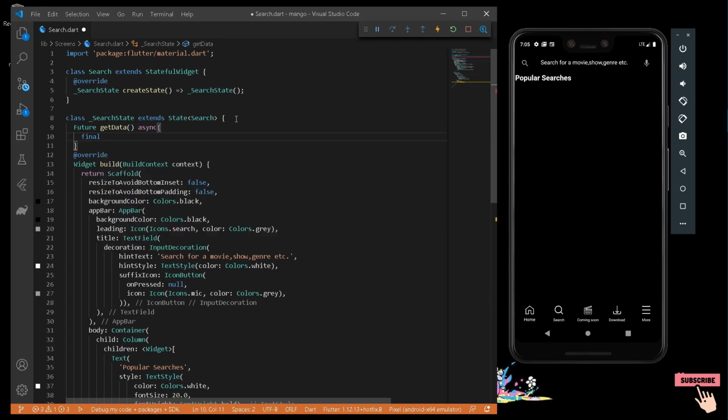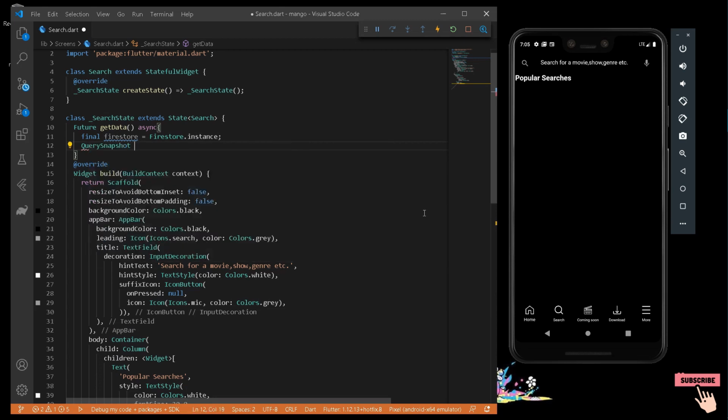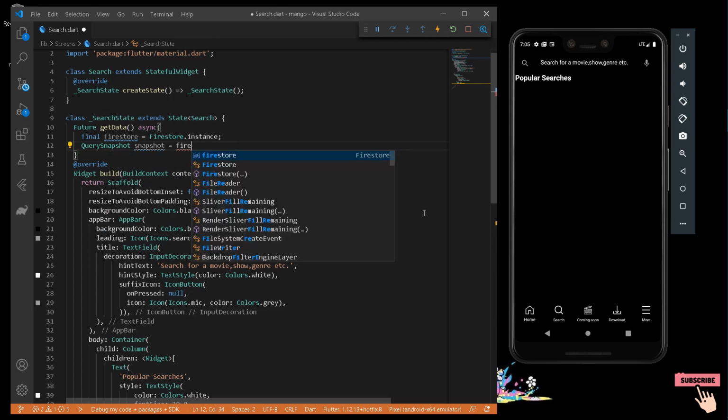It will instantiate a variable of Firestore. So I will write here final firestore to be the instance of the Firestore itself. After this it will gain all the documents in the form of a query snapshot. So I will write here snapshot is equal to firestore dot collection.